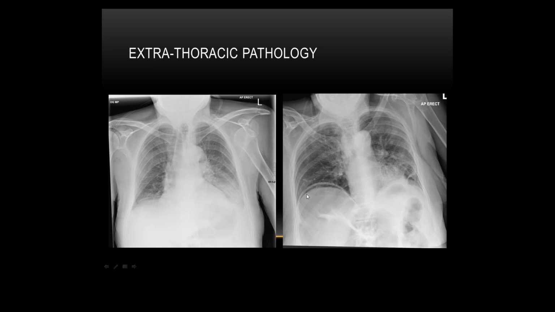So if you see air underneath the diaphragm, but you're not clinically suspicious of pneumoperitoneum, then it might not be. Also, if you've had previous abdominal surgery, it could be free gas. If you've got any concerns,